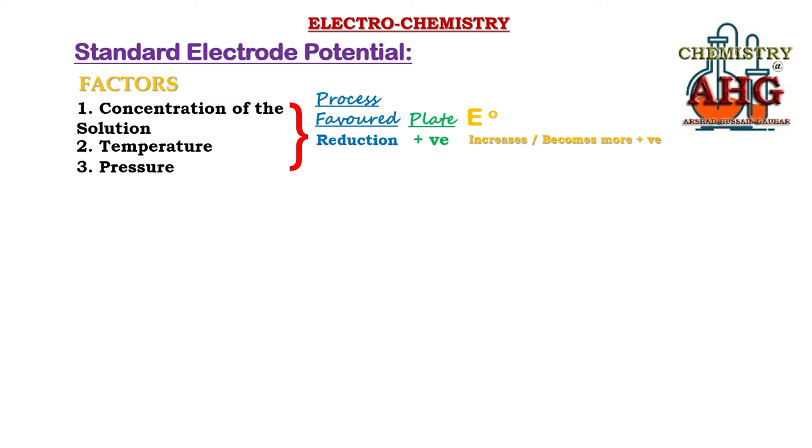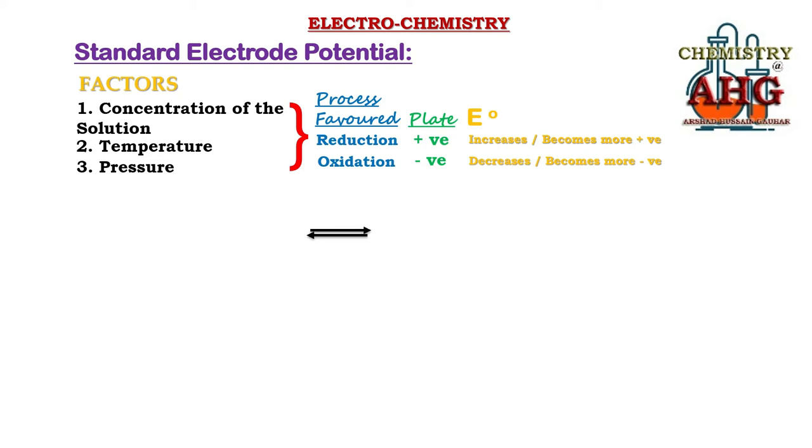Now keeping the same information in mind, it is obvious that if a change in any one of these three factors favors the process of oxidation, then that half cell would become the anode, and its electrode would become negative. Mathematically, the E naught value would decrease, or become more negative. So it is very simple to remember that these three changes are linked with the process of oxidation or the process of reduction. Let me give you 2-3 examples where you will get further understanding of how to make an obvious prediction about the change in the numerical value of standard electrode potential.